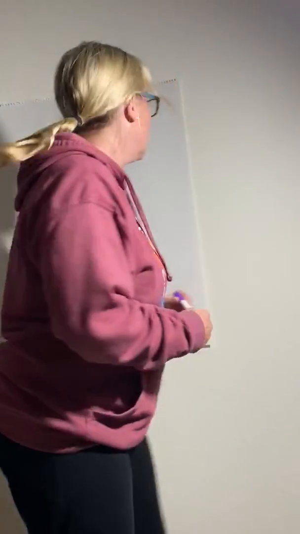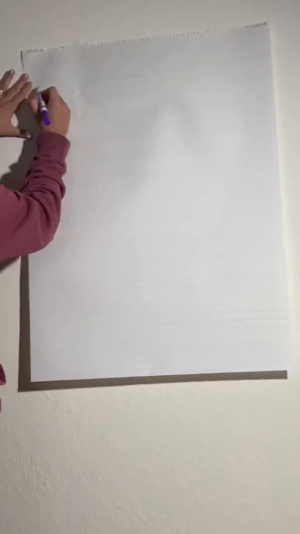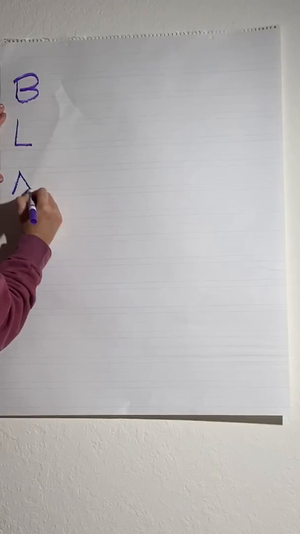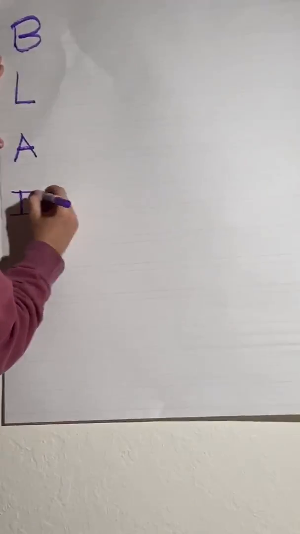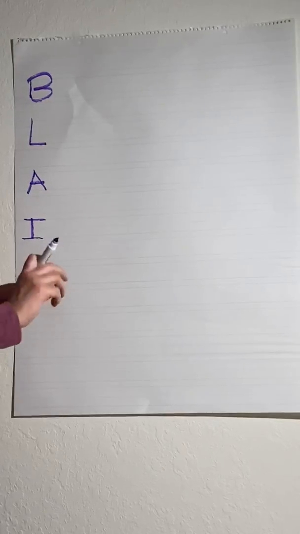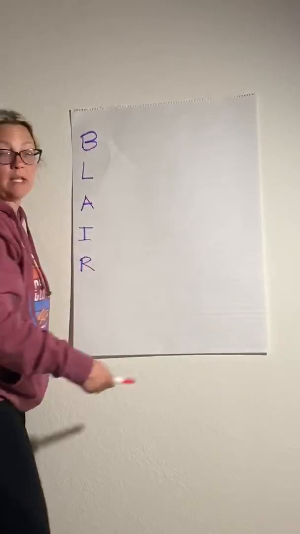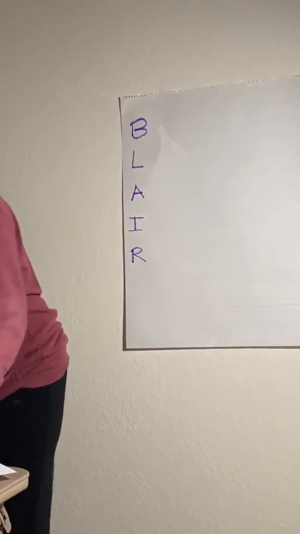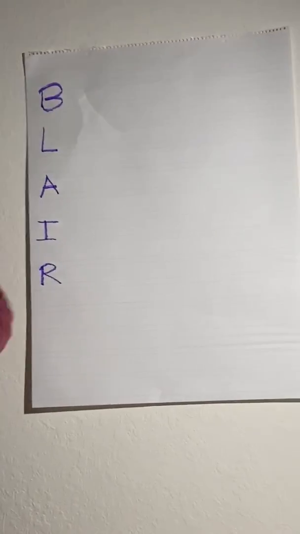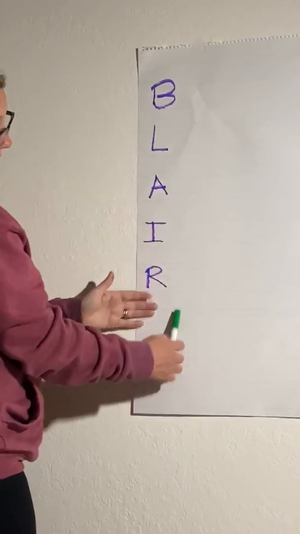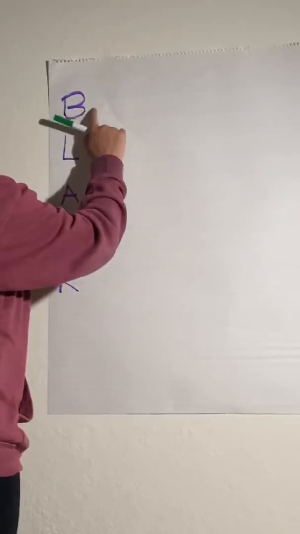An acrostic poem is pretty cool because you take a word that you want to write about, in this case your friend's name. So my best friend in the whole world is named Blair. So I'm going to write a big B, a big L, a big A, a big I, and a big R, because that's her name, all right? And I'm going to write things about her that start with those letters in phrases. So I can write a poem about her. You write what you're writing about, in this case your friend's name, down this way, and you use the letters to write phrases that start with that letter.